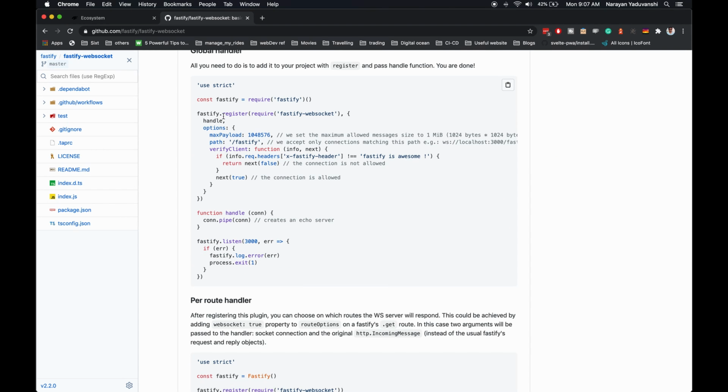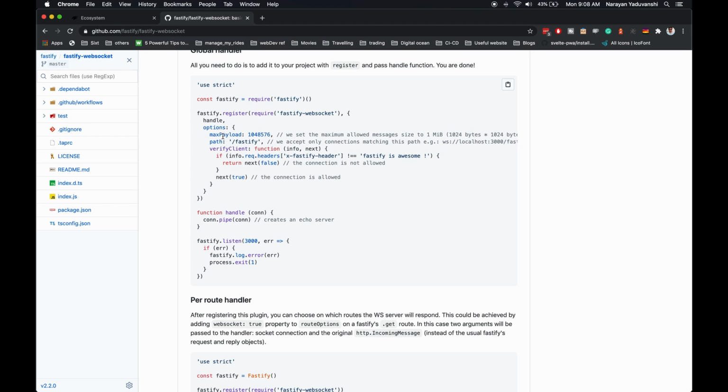Now the second step is registering the Fastify WebSocket plugin. Okay, and how do we do that? Basically Fastify gives a handy method called register, and this register first takes the plugin itself as the first argument. The second argument is an object where a handle callback is required, and then the options are placed inside an options object.